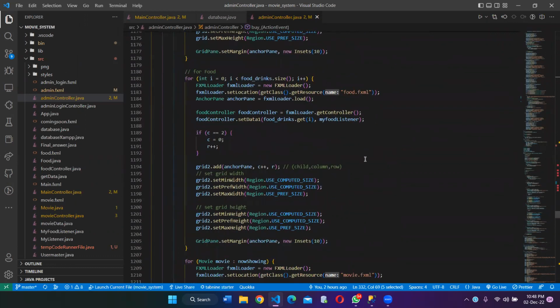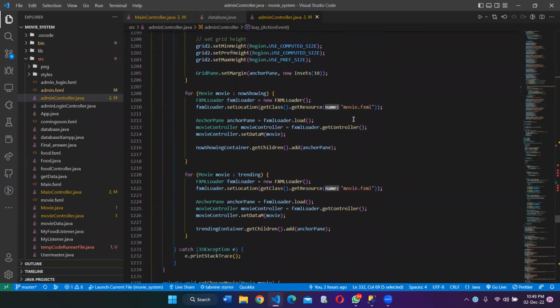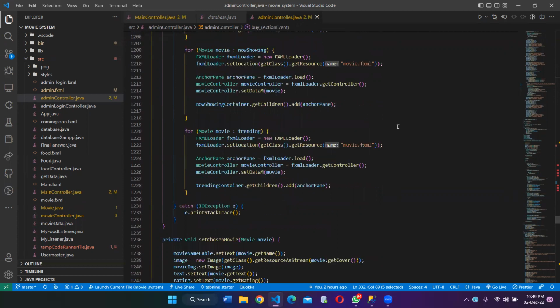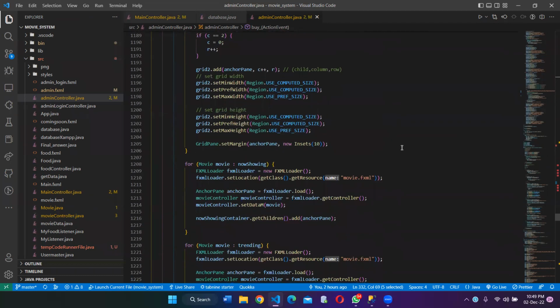These are the grids that were created for the now showing and the food pages, and each loads the movie FXML, which is a Scene Builder file that has the movie template on it, and similarly for the food one. So this is our main function,